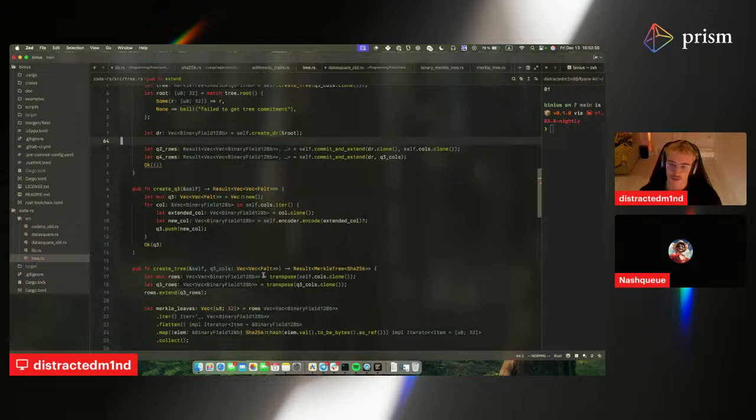There are no tests, so it's very unlikely that it actually works at this point. But we do have this base implementation that we think would work in theory.